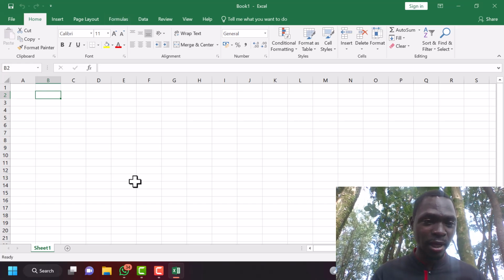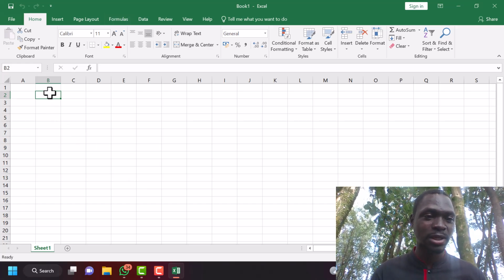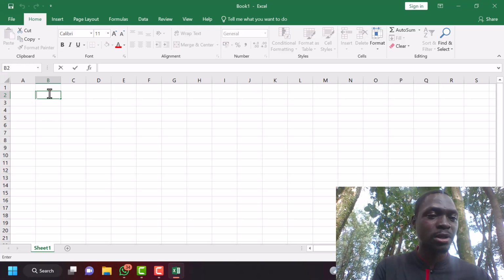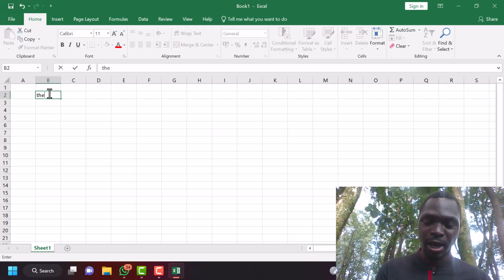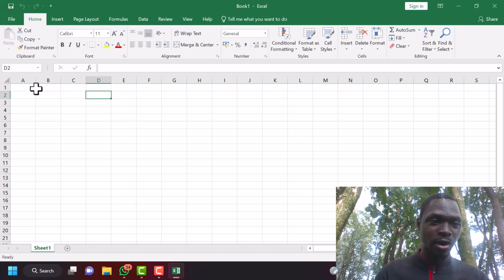What I cannot forget to tell you is this cell, being bold, and it is 2B, it is active. Why is it active? You can see that I can type anything of my choice. I can type anything and delete it. Unlike here, if you have not clicked there, it cannot work. But if you click, it becomes active,